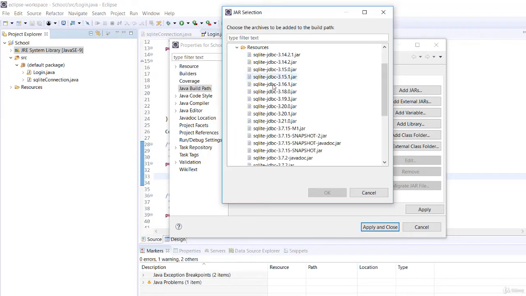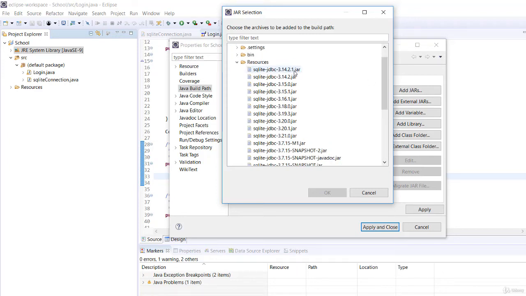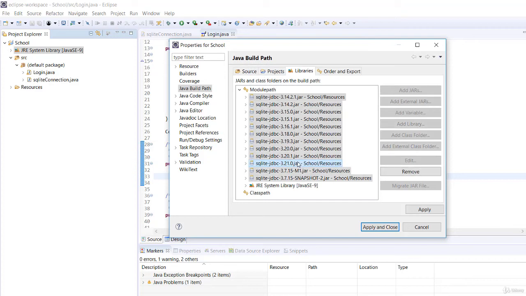And you have your resources folder which you just created, and hit on this, and you have all these guys here. So select all these. I'm going to select all of them. So you need to be patient and do this step by step so that you don't miss out any. I think I've not selected all of them. So let me go ahead and